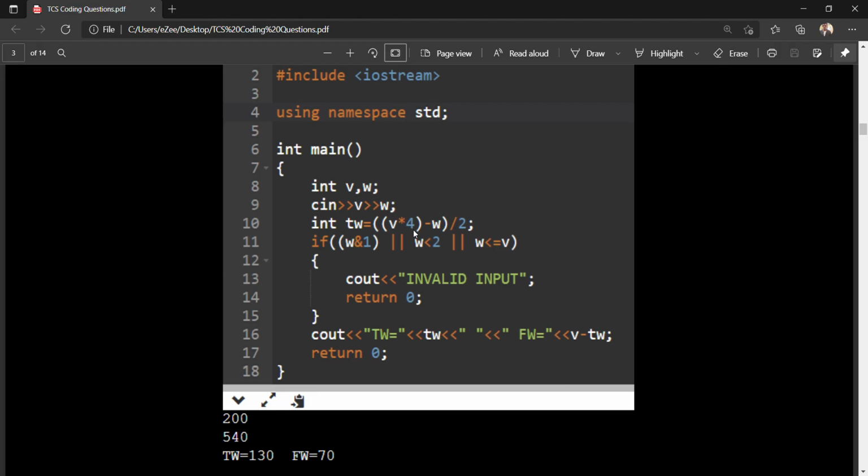So what we did is 800 minus 540, which gives 260. So 260 extra wheels we need, which is not possible, and we divide by 2. So that gives 130. So the number of two-wheelers will be 130, as each time we want to decrease a four-wheeler and increase the two-wheelers. So to get the number of two-wheeler vehicles to manufacture, we have calculated this. And if wheels are less than two, or wheels are less than vehicles, which is not possible,